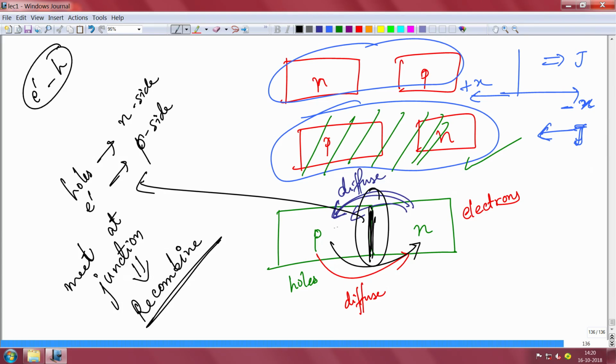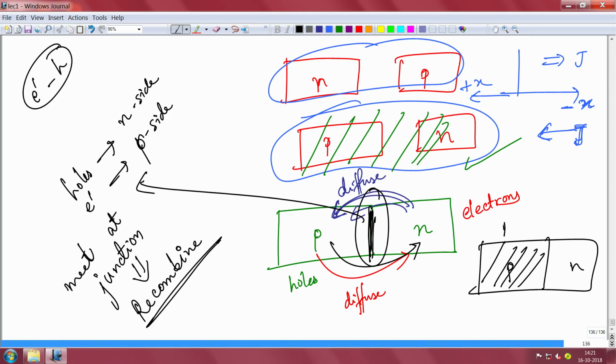See, this entire p type region, let me draw again, this entire p type region is actually filled with Na minus. That is the ionized, negatively charged acceptor. I told you, when an acceptor atom gives away a hole, that means it accepts an electron. It becomes negatively charged. So the ionized acceptors are negatively charged when they have given their holes.